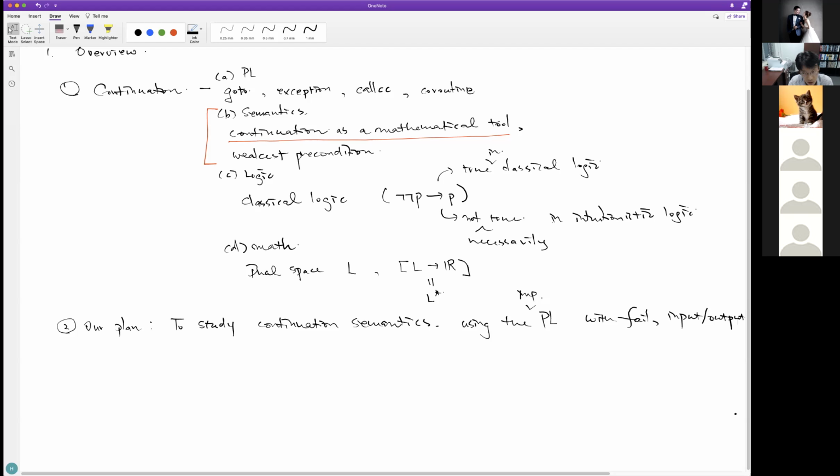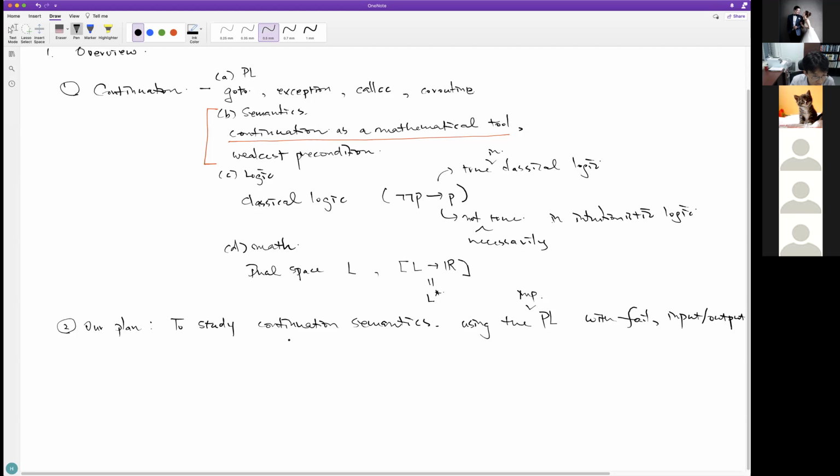Another objective is more like an application. Somebody who works on denotational semantics wants to use it to justify some program analysis tools and also program logic. They also want to use denotational semantics to justify compiler optimization and so on.